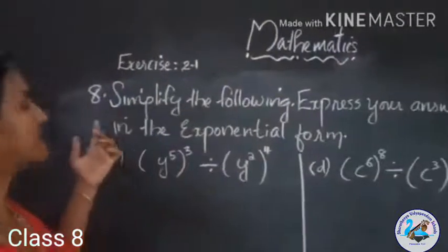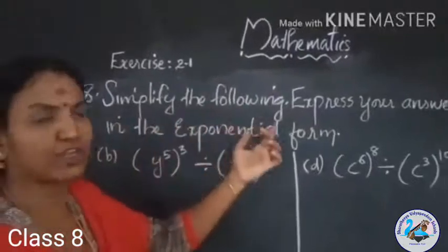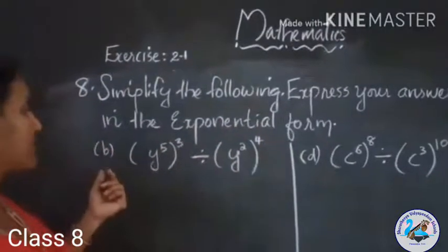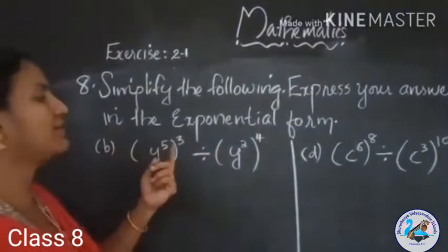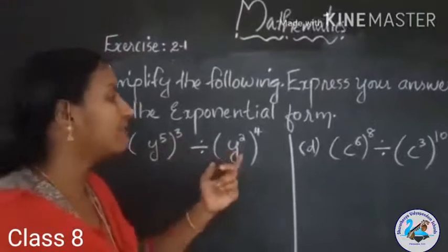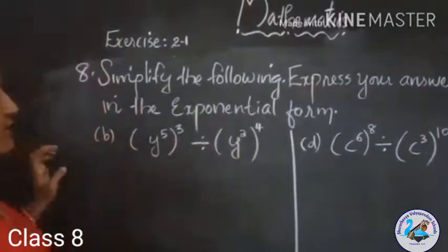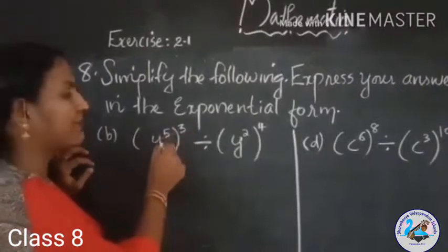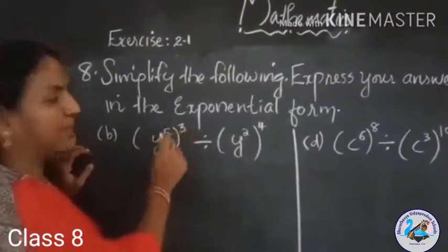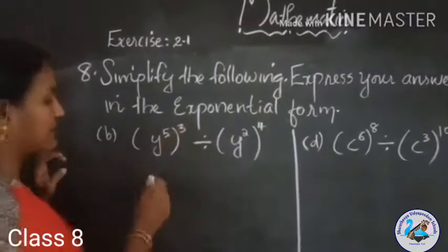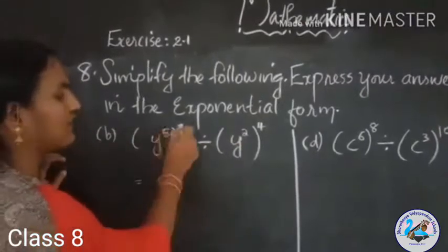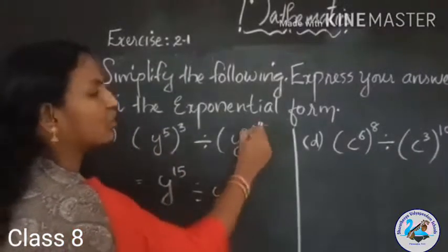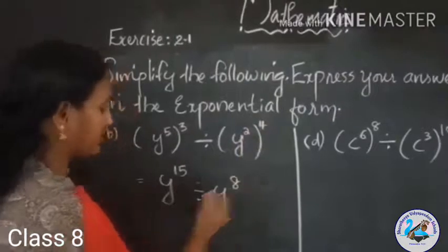Move to the next question, question number 8. Simplify the following. Express your answer in the exponential form. Question number B: (y raised to 5) the whole cube divided by (y square) the whole raised to 4. So we studied which formula? (a power m) the whole power n is equal to a power mn. Multiplying the powers, y raised to 5 into 3, 15, divided by y raised to 2 into 4, 8,